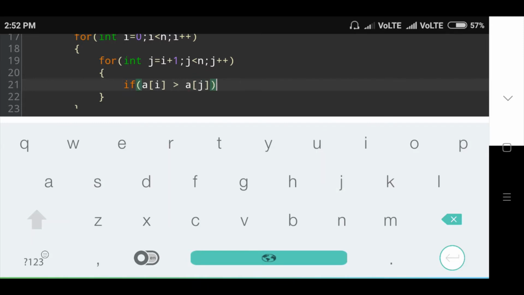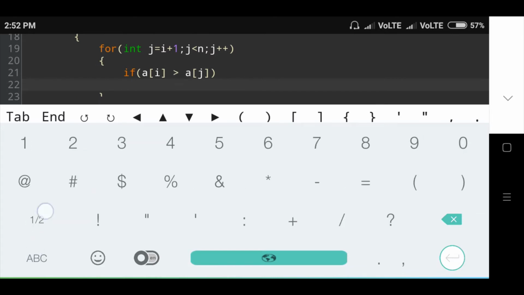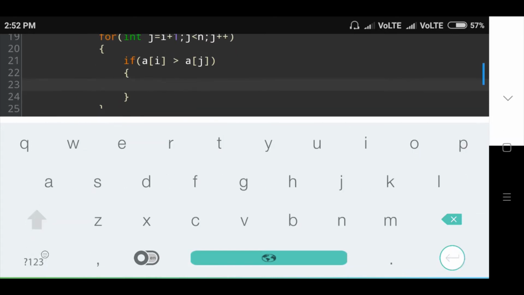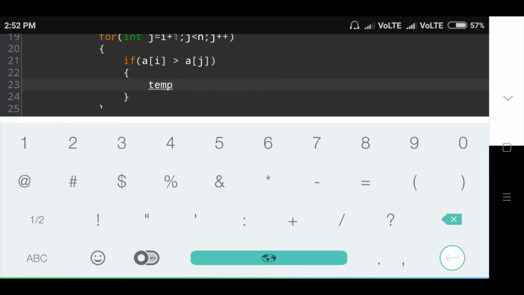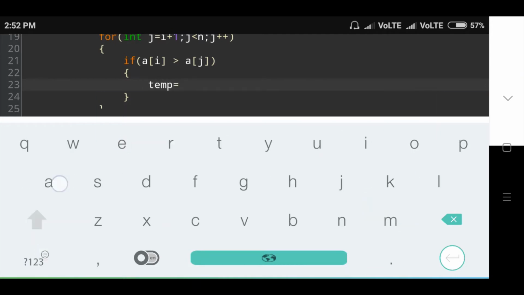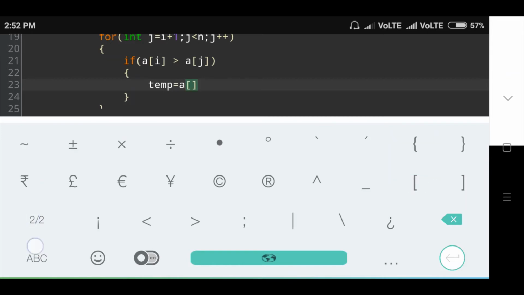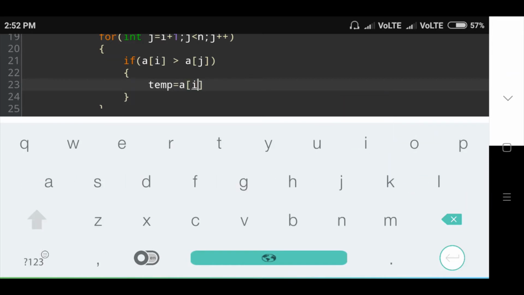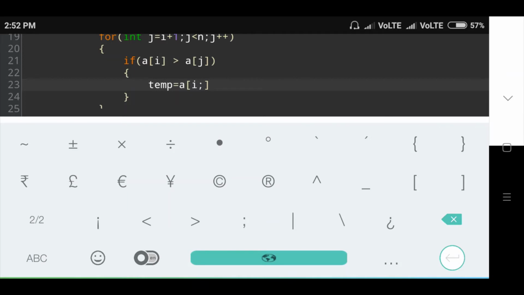Okay, then inside this if condition, the next condition is temporary is equal to a of i, then semicolon.